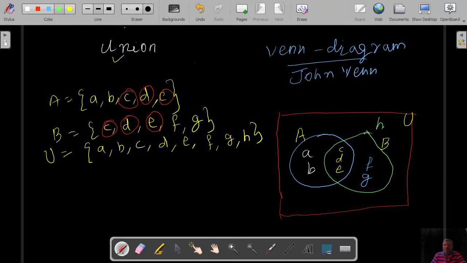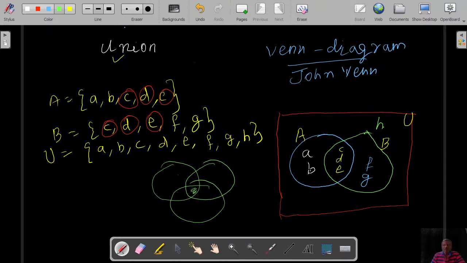It's so simple. Venn diagram is so simple. What you have to do is take the common elements and put them here. Similarly, when you get 3 sets, you put first what is common to all 3, then you take the other 2, then these 2, then these 2. Like that you can do it. Of course I will do that while doing the problems.